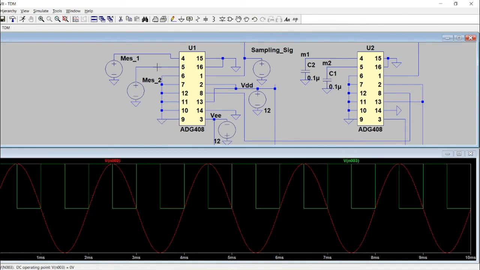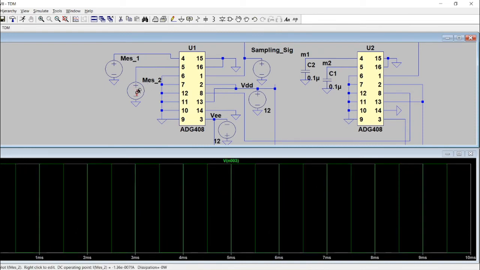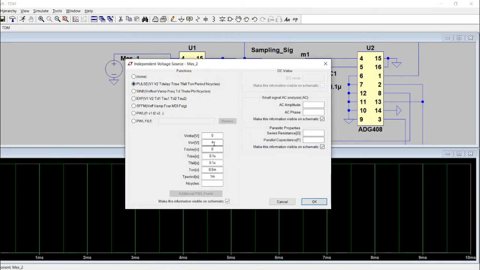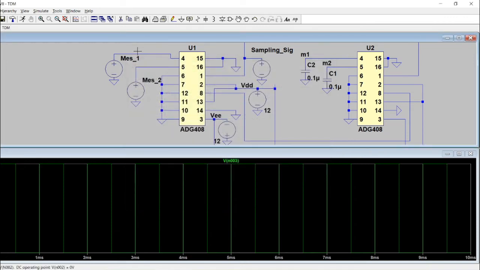Now the second one is a pulse, which has an amplitude of 4, initial value 0. Rise time and fall time should be indicated for any square wave or pulse. Okay, it is 0.1 microseconds. Now T on is 0.5 millisecond and T period is 1 millisecond. So that perfect square wave I can get. On time and off time both will be the same if we choose the T period twice the on time. Okay, these are the 2 messages I want to transmit onto a single channel.